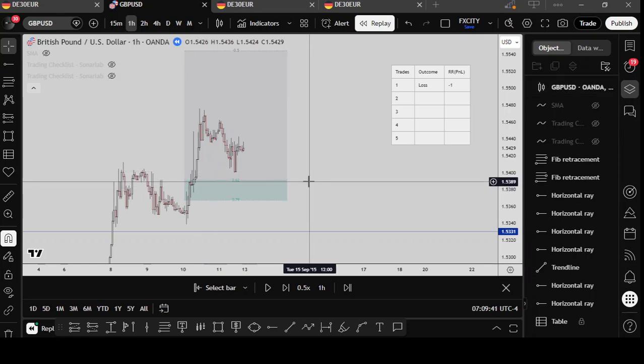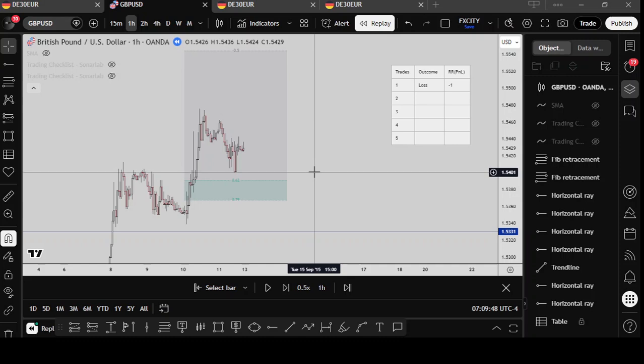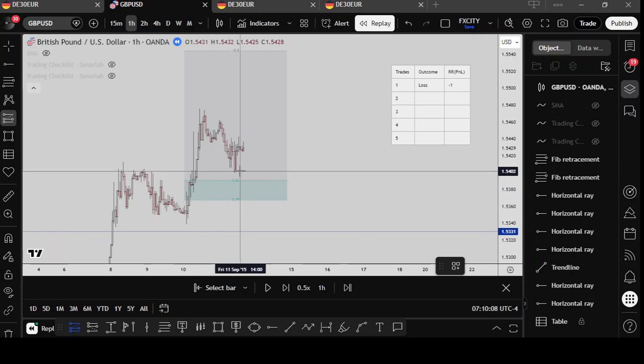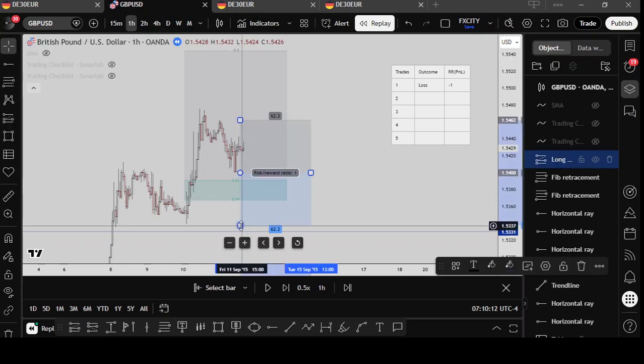Also, if we look lower, where do we have a potential round number or a daily level? So we have a round number here, which is 1.5400. So that's a very strong level there. You can see price also reacted from that level in the past. So I'm looking to go in on that level. So 5400 is my entry, and